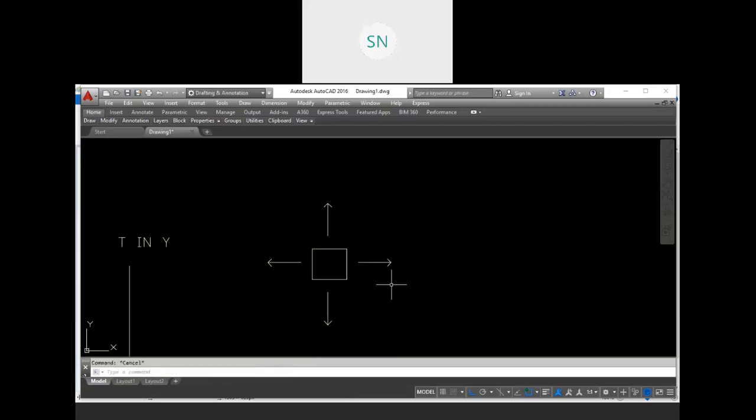Here we have the x direction and y direction.